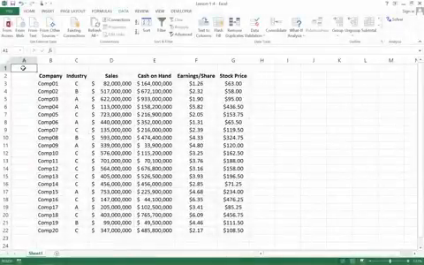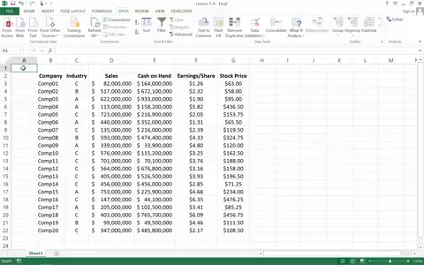In this video, we'll be talking about how to use the sorting features in Excel. Specifically, we'll be talking about how to use the simple sorting feature and how to do more advanced sorting and multi-level sorting. So you can see that I have Excel open to a worksheet here that has 20 companies,